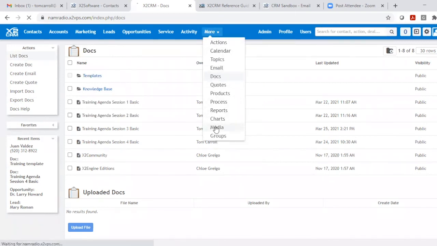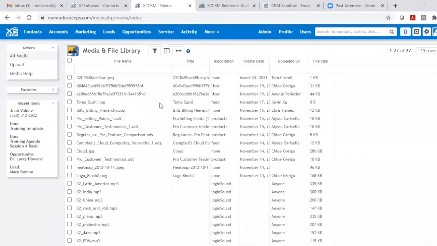Now, if we go over to media, you'll notice it looks a little different. This looks very similar to the standard modules where we come in with the grid view. And I see the different names of the files of different documents that got uploaded into the system. So let's say we've